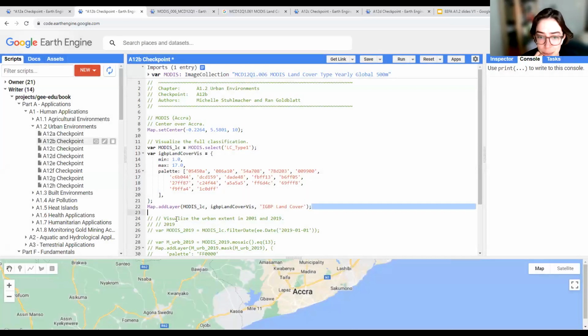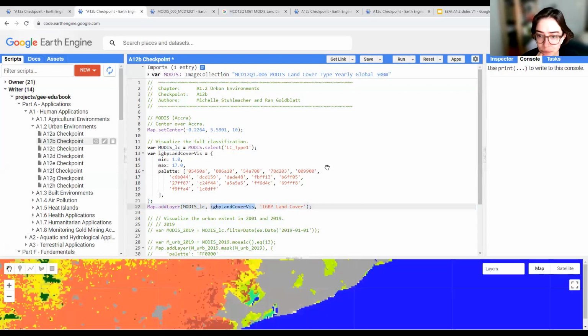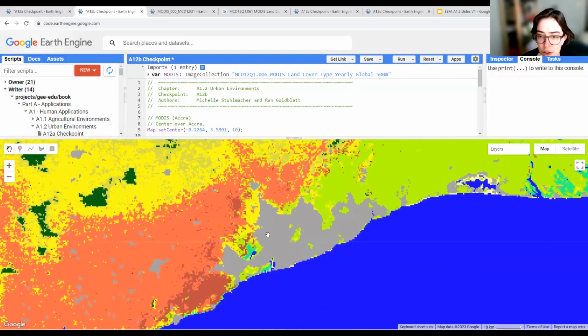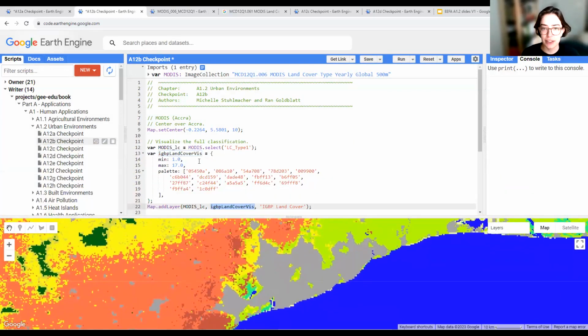And then the last step is to just put it all together, map add layer. So we're taking our MODIS land cover and we're taking our visualization and putting it on the map. So that's what we've got here for Ghana. As you can see, this gray is our urban extent. But the question is, what year are we looking at when we visualize this? Because we haven't